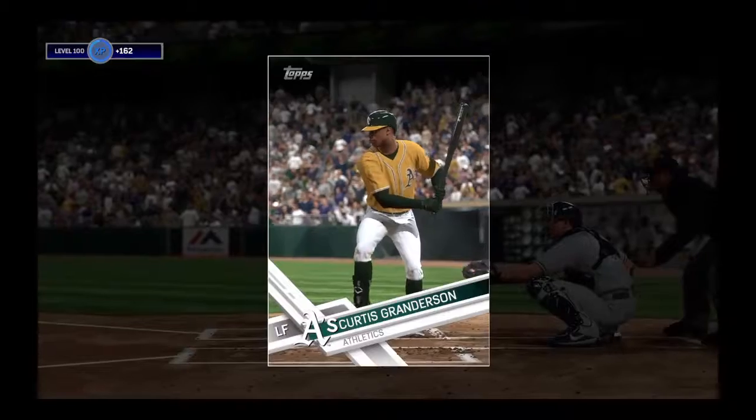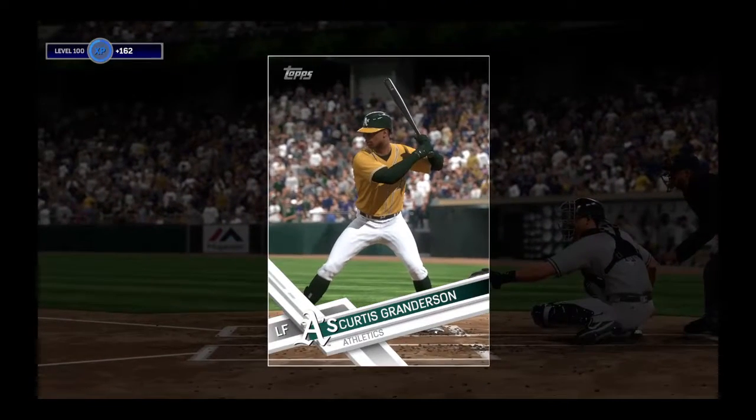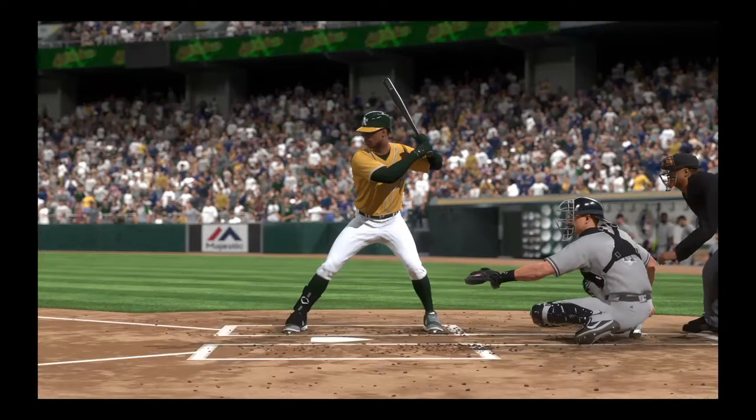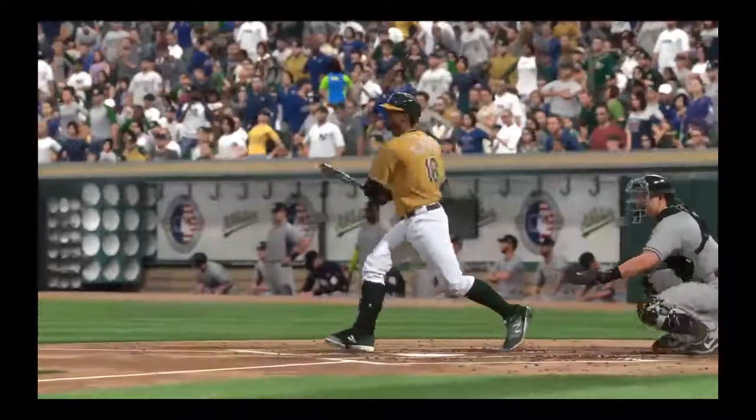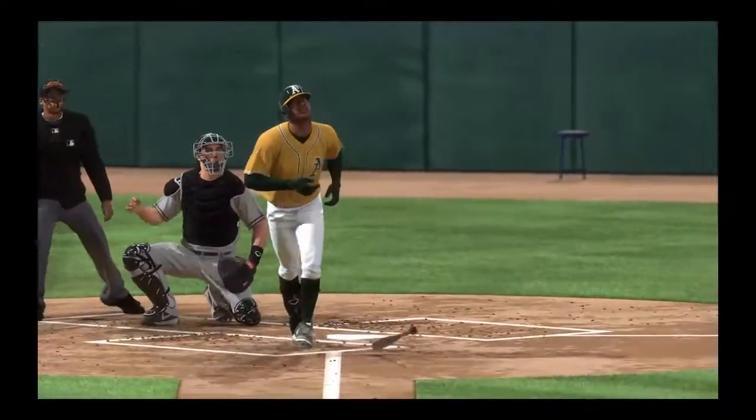And the Athletics tonight were treated to a fine performance from the man you see here, Curtis Granderson. Take a snapshot of that. He's our top player of the game. Hey, you could probably make an argument for a couple of other guys too, but it seemed like he had the most to do with his